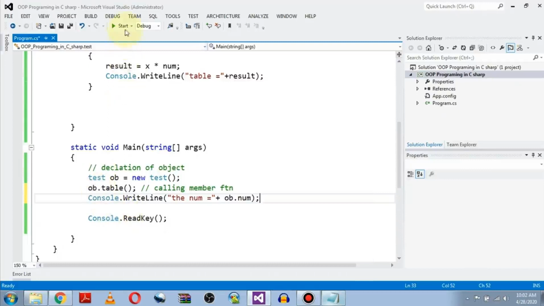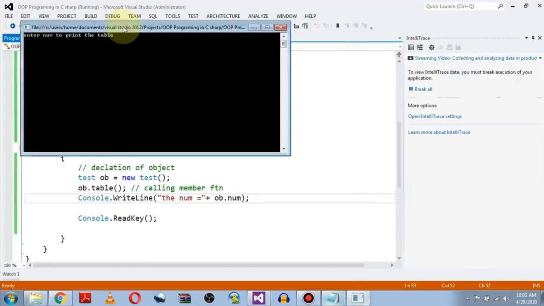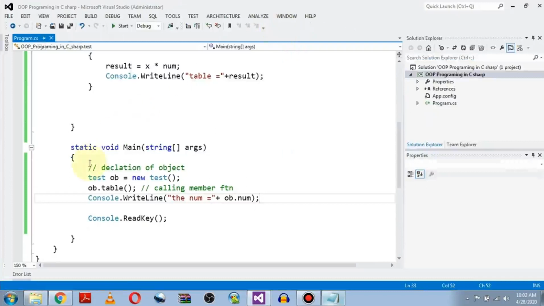Now let's see. The number is 4. So we have called the data member and a member function. Calling the data member.